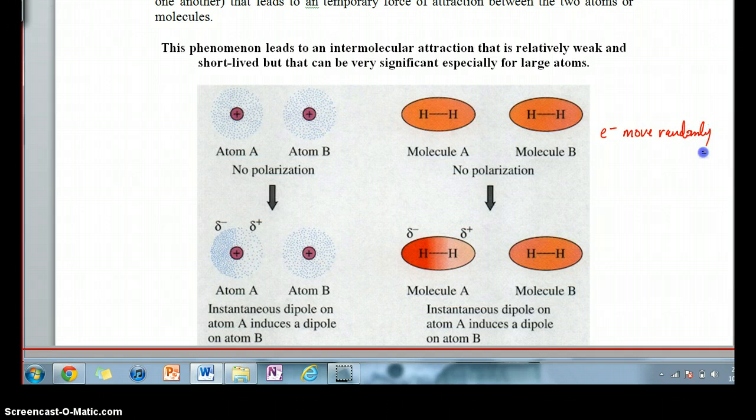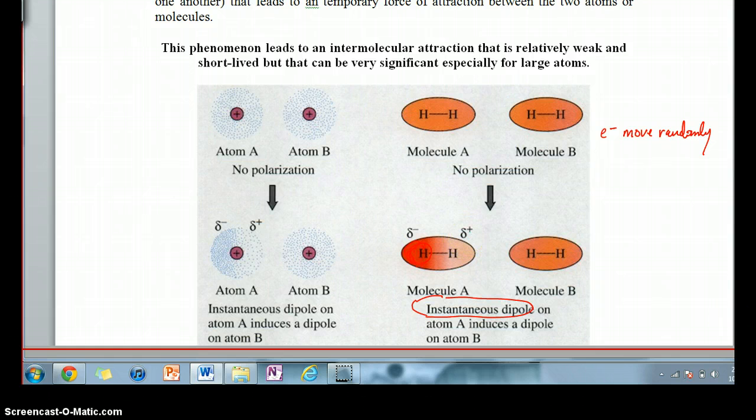If the electrons shift to one side of the molecule just by chance, that creates what's called an instantaneous dipole. Let's say more of the electrons are shifting to this left side of the molecule. That leaves the other hydrogen atom more positive,